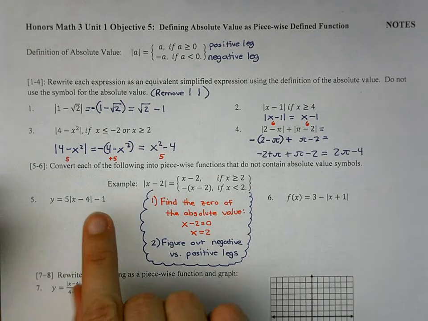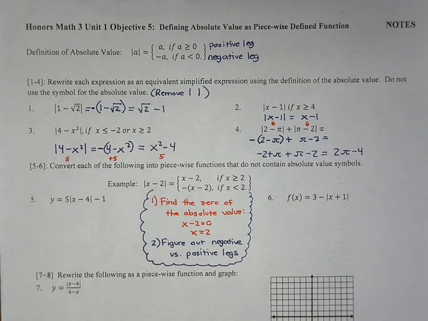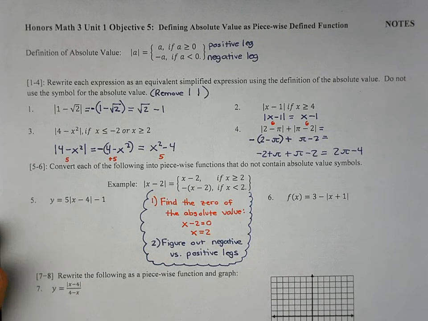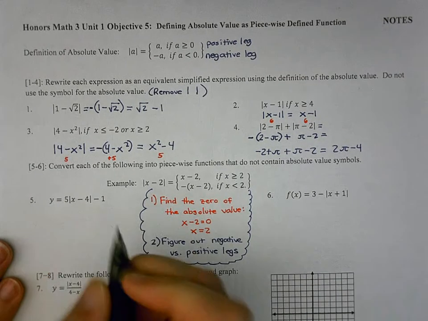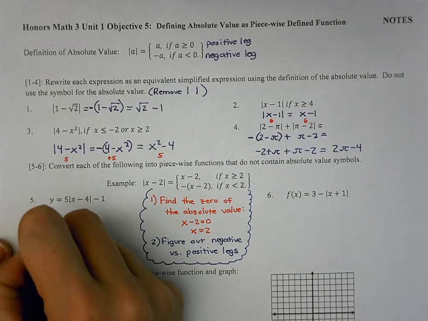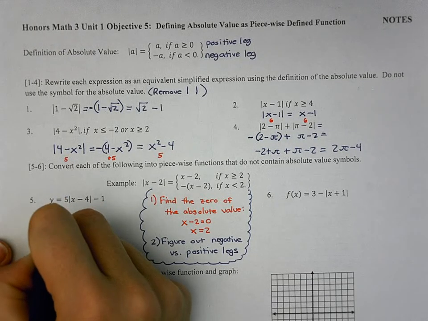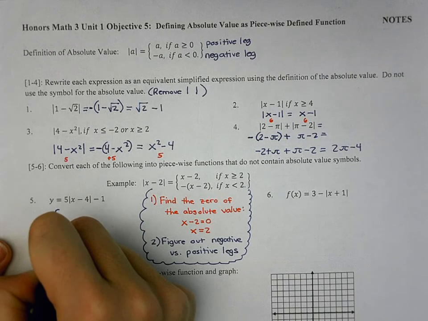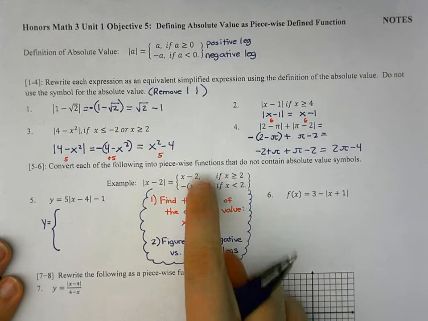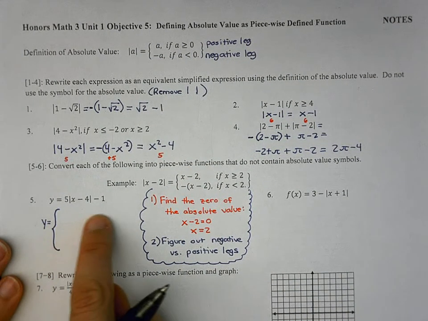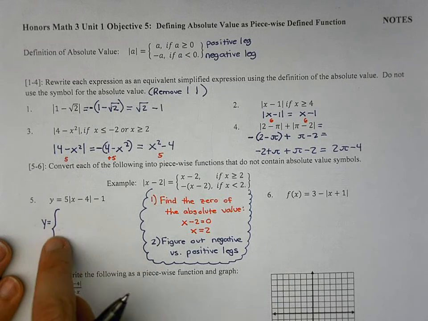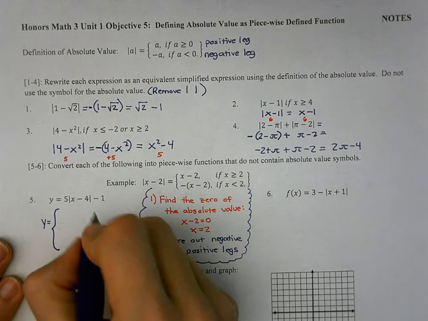Okay, so we're going to do number 5 here together, and then I'm going to recommend you pause the video and try number 6 on your own, right? So I want to rewrite this as a piecewise. Okay, so let's go ahead and do y equals, we're going to do our little squiggly brackets for my two legs. And then you're going to want to leave a kind of chunk of room here, right, because we're going to be writing a function in. And at the back,